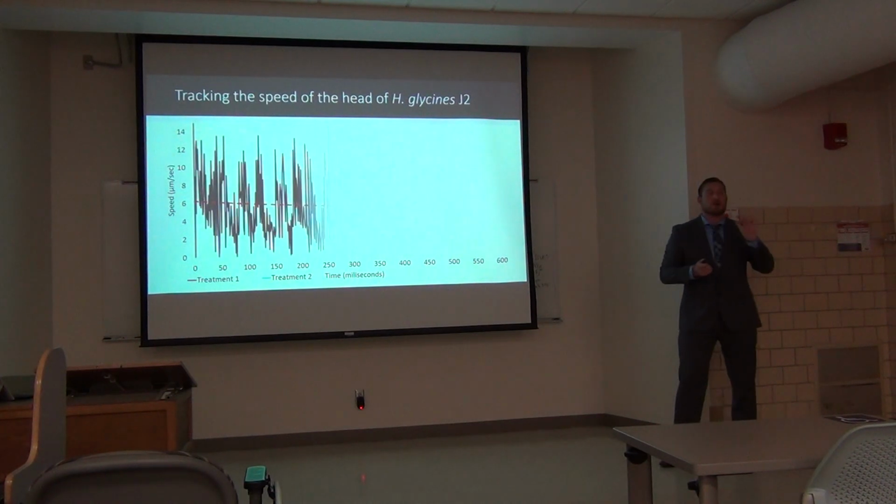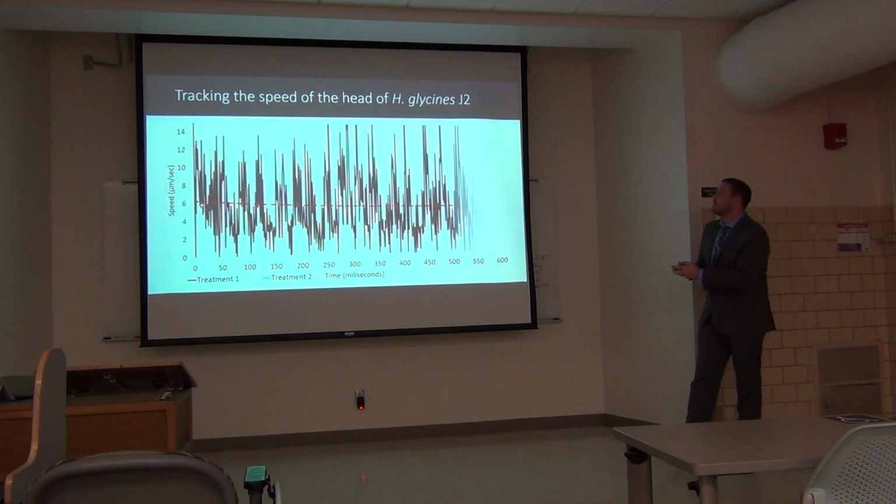So if we look at just one tracking point, the head, we can plot the speed of that tracking point over time. So this is up to 600 milliseconds. So every 10th of a second, we have a plot. And we can compare tracking head of treatment 1 versus that of treatment 2 and look at some of the